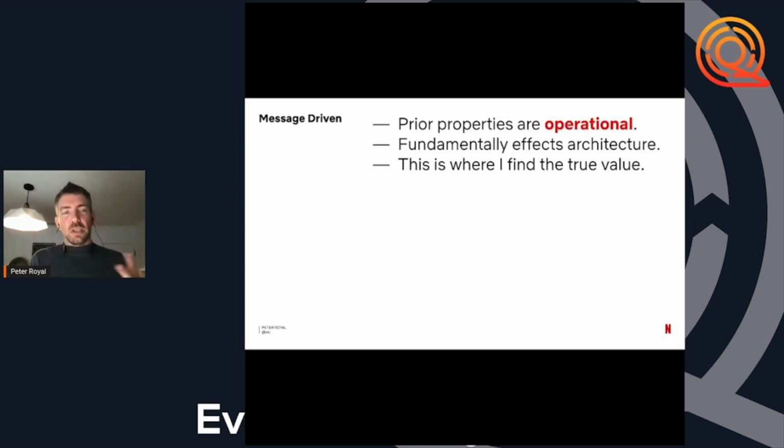The prior properties can be viewed as operational properties, whereas message-driven really fundamentally affects your architecture because you're now sending discrete messages around. When I mentioned the pipe metaphor, pipes don't necessarily contain a continuous stream. It's actually atomized into discrete messages. And your system is actually already composed of messages because that's how you receive your inputs. Ultimately, you're connected via TCP somewhere, and that's a packet switch network that is sending messages around.